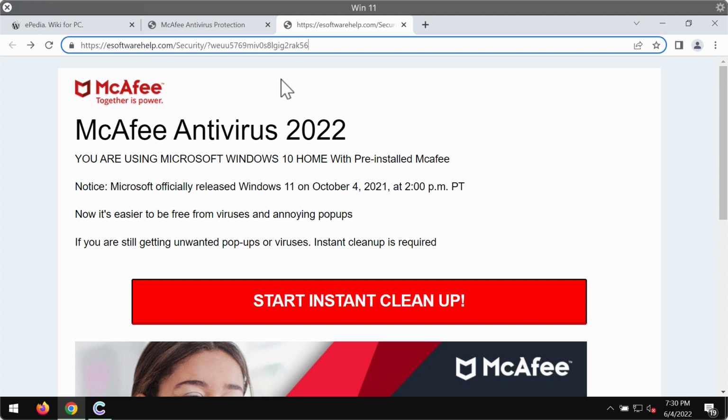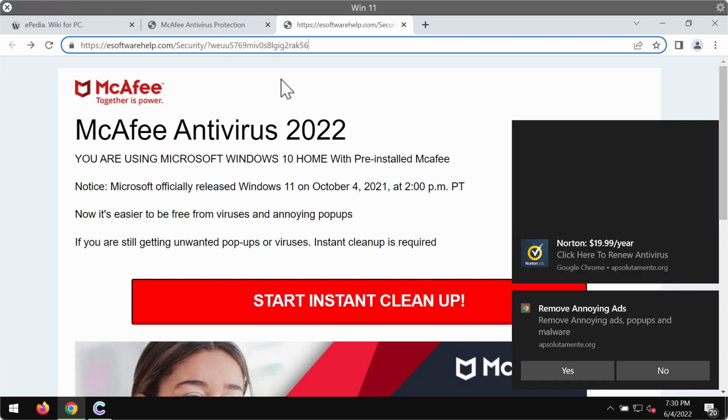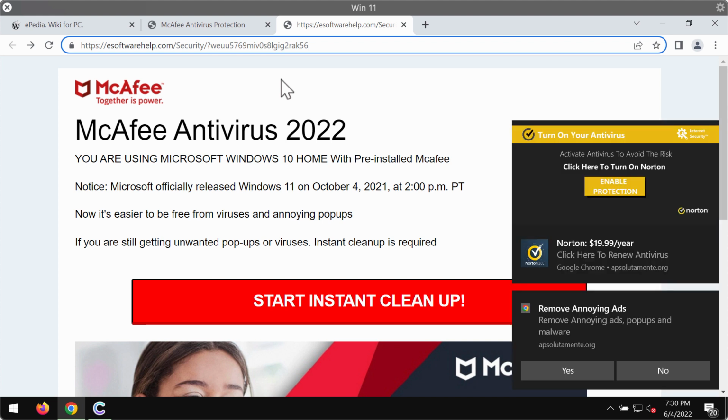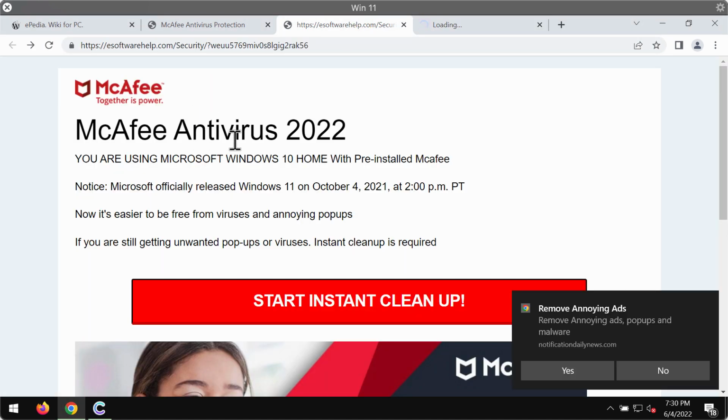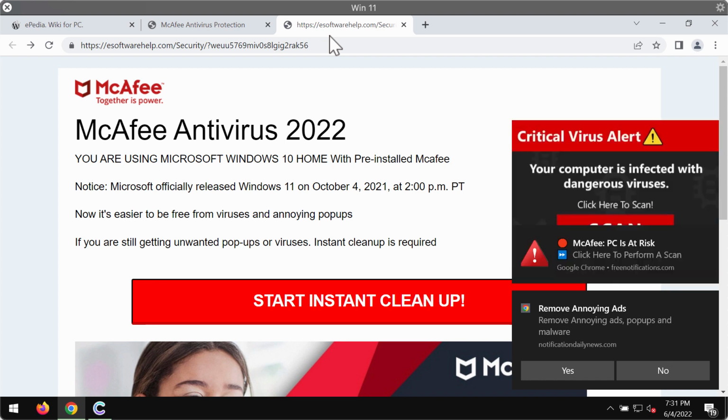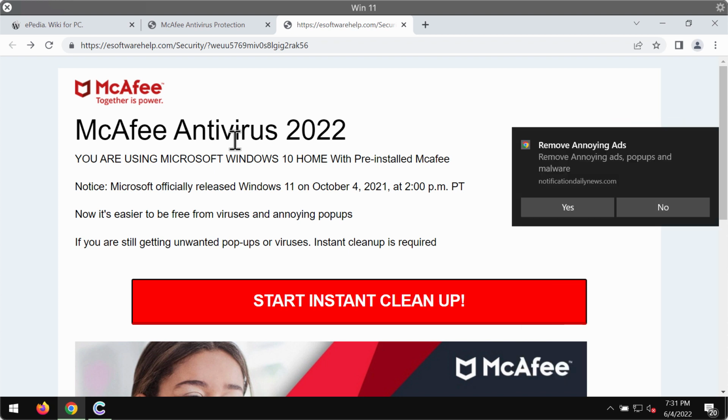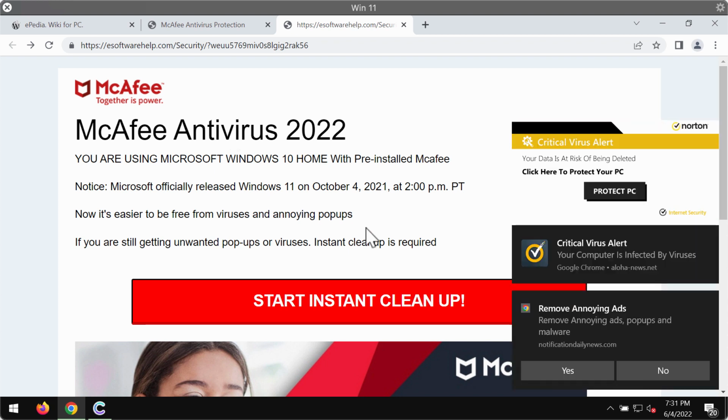This deceptive website tries to trick people into downloading and installing some potentially unwanted software. These pop-ups initially claim to be related to some decent security program. Many people might hear about such decent programs, but the point is, when people see these pop-ups by esoftwarehelp.com and they think that there is something decent recommended, they start clicking on these buttons, start instant cleanup, and